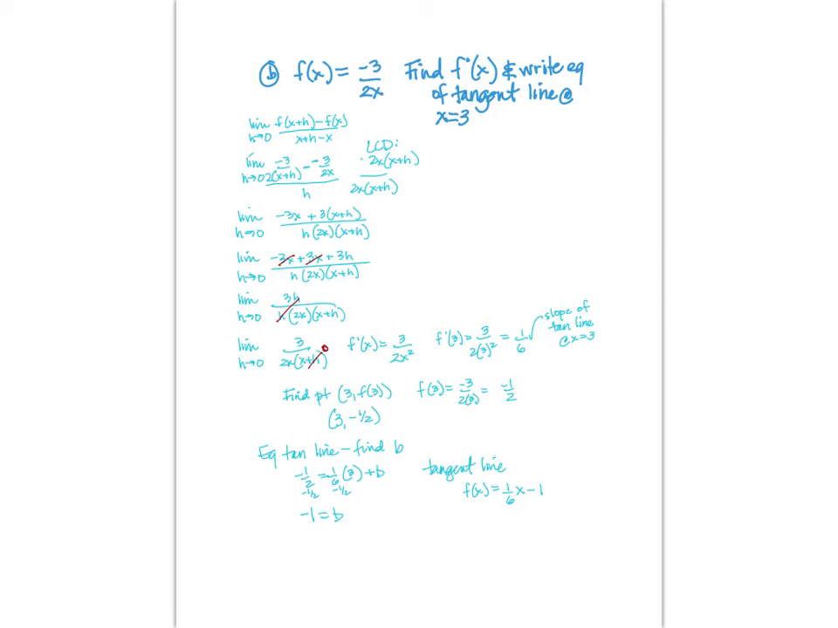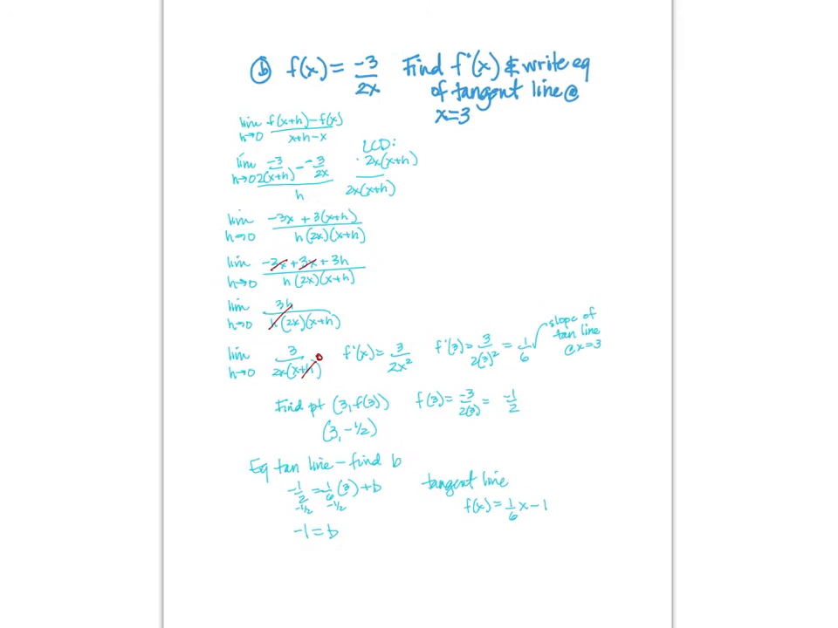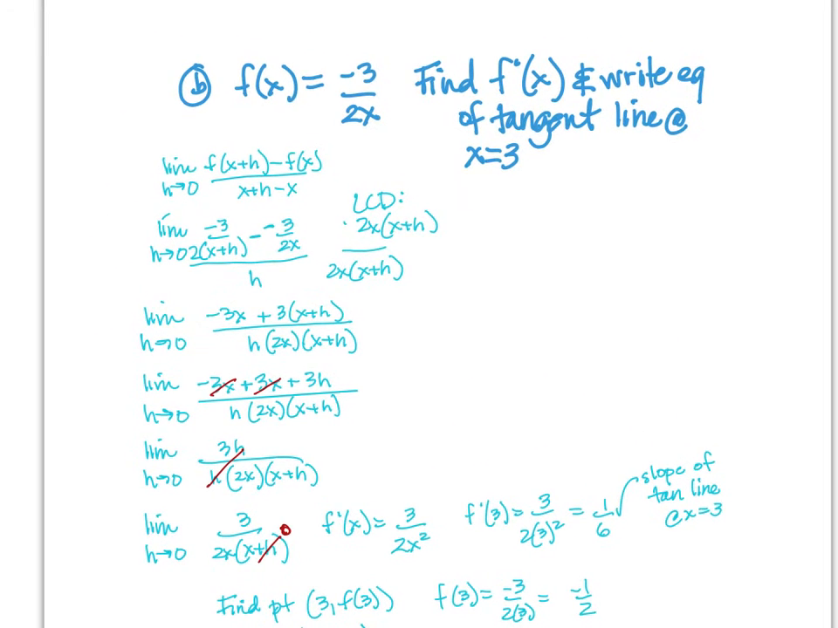Hi you guys, this is problem number 1b, and it is asking us with this function to find the derivative and write the equation of the tangent line at x is equal to 3. So what we need to do here, again, is that limit process. The thing that is different about this one is you have to realize that the variable x is in